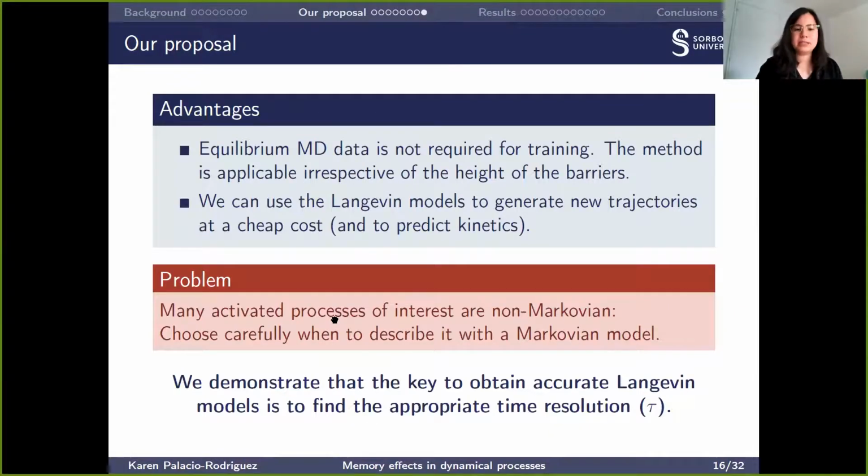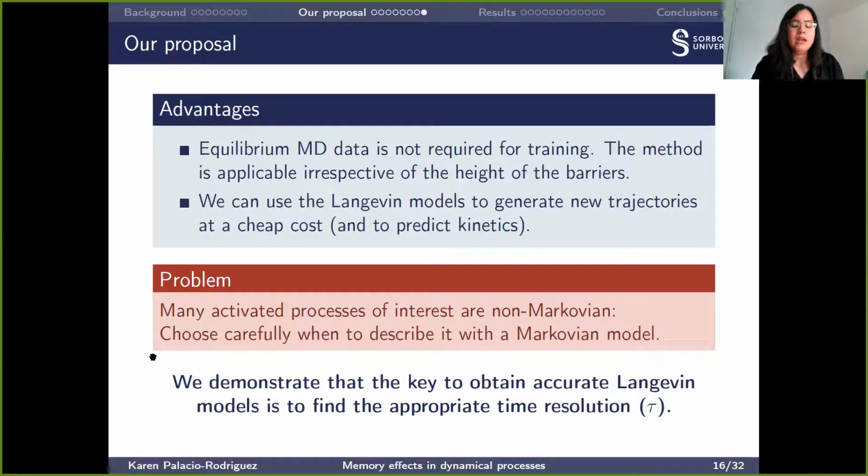The advantage of this methodology is that we are not using equilibrium MD data, so we are not using long trajectories. So this is computationally efficient. And this can be applied almost irrespective of the height of the barrier, so it can be applied to rare events. Also, we can use these Langevin models to generate new data at a cheap cost, which is very nice, because this is a key point that can be difficult to achieve with